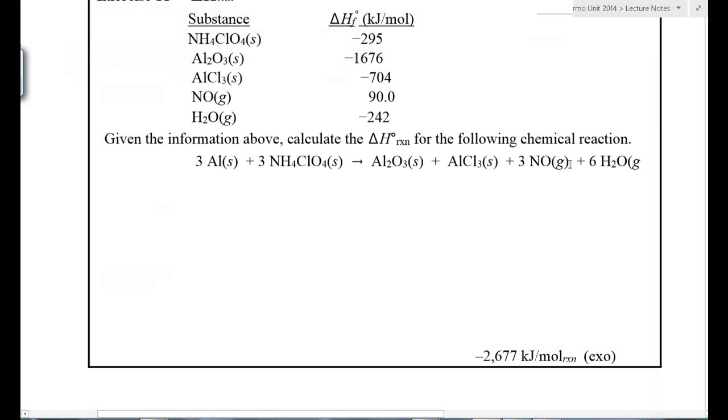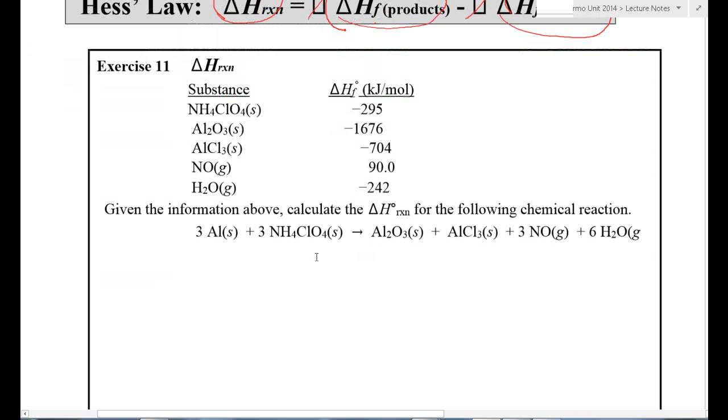So given the information above, calculate the change in enthalpy of the reaction for the following chemical reaction given to us right here. Okay. So you should always, on the AP exam, write that the change in enthalpy of the reaction is going to be the change in enthalpy of the products minus the change in enthalpy of the reactants. Just doing that, even if you don't do anything else, gives you some credit on the AP exam. So I'm going to go ahead and say that the products are going to be these four. So it's going to be the change in enthalpy of